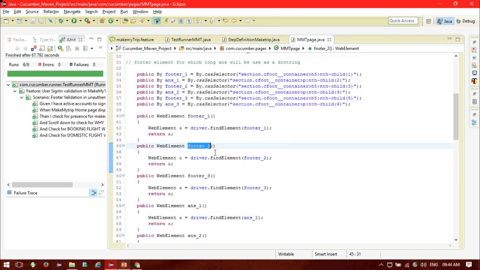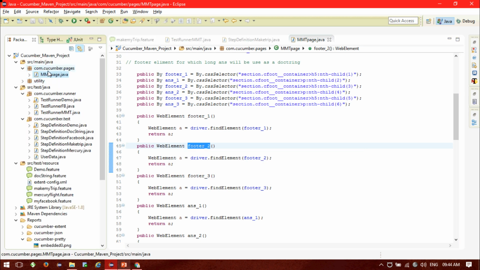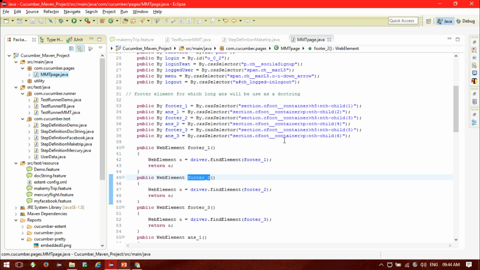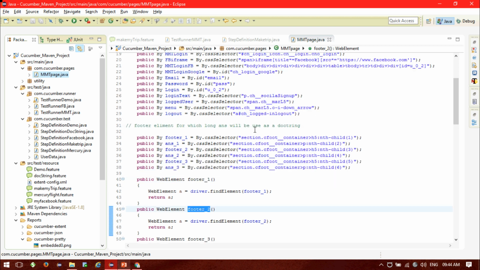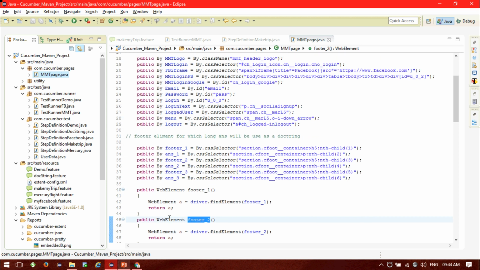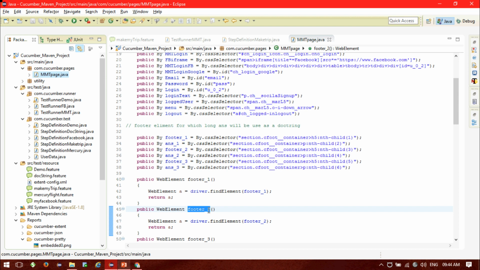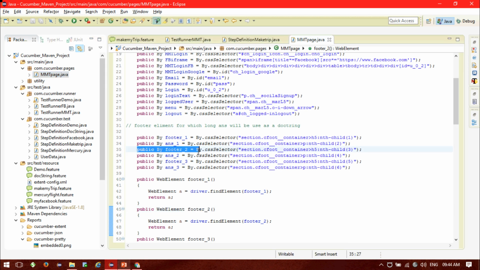Okay, so the public variable footer_2 that I have mentioned here is in a separate page class, com.cucumber.page in the main Java. All the page-related web elements that I mentioned, I kept in a separate page. You can see that public WebElement footer_2 is a method, and if you call that method, it will return the web element footer_2. For footer_2, this is the web element, public By footer.